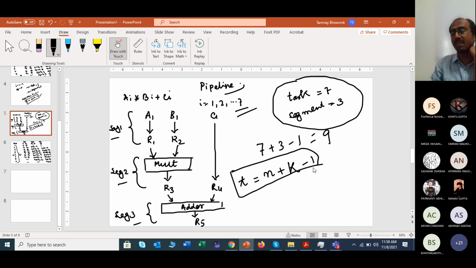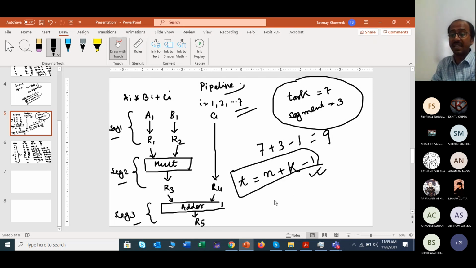We have the next quiz scheduled on 15th of November, coming week. Pipeline is one of the sections which will be covered in that quiz. So from pipeline, questions will be given, and from cache memory, questions will also be given. In pipeline, that is one of the most important concepts to be covered. t equals n plus k minus 1 is the measurement of the total time period of your pipeline unit.